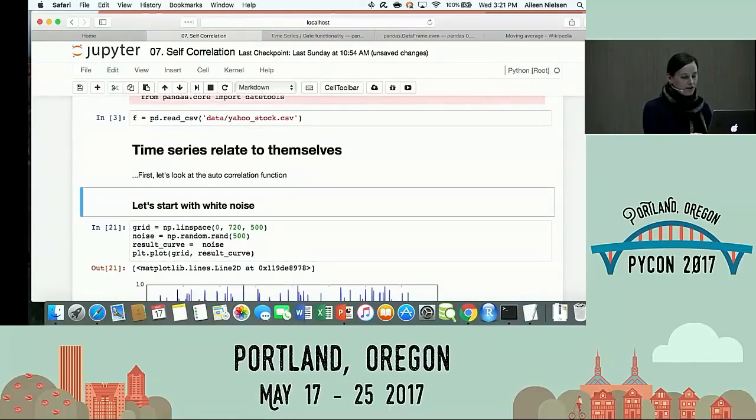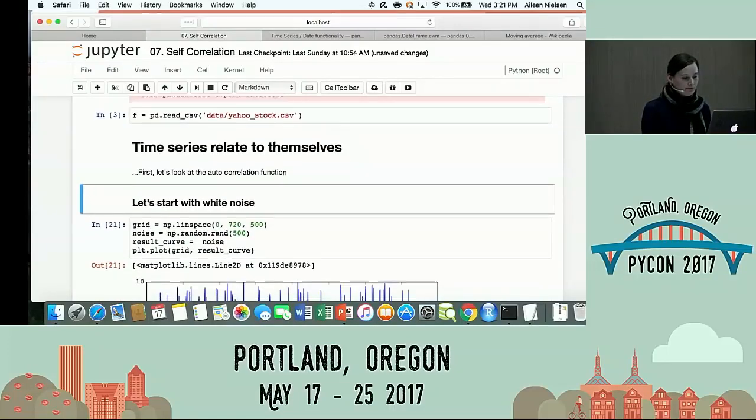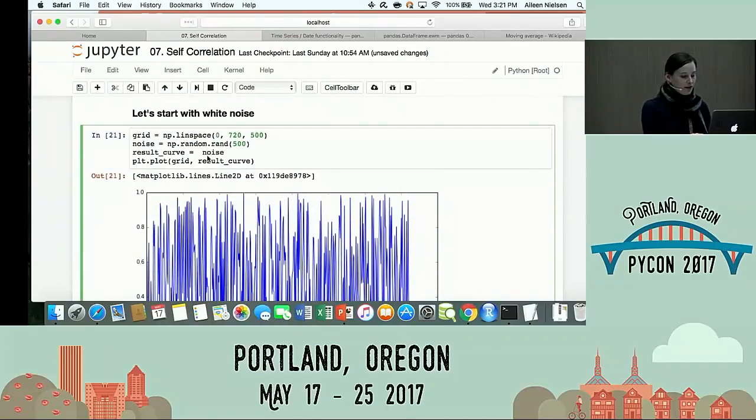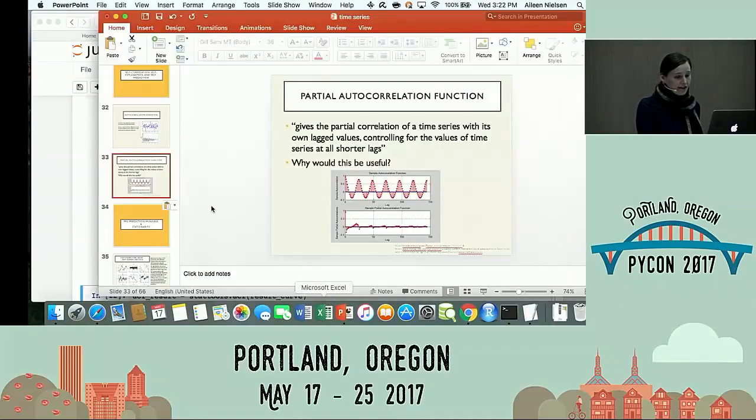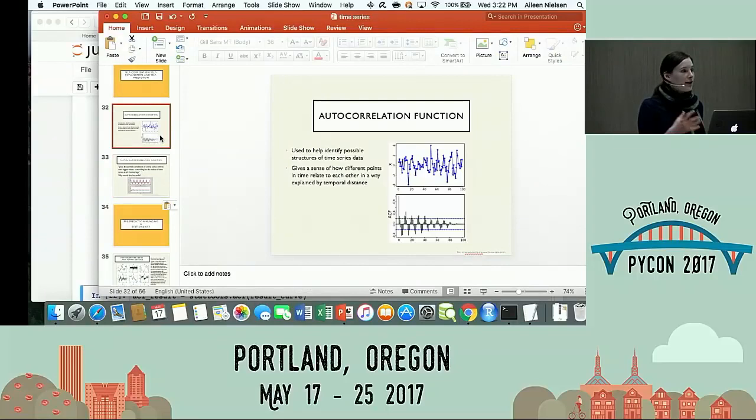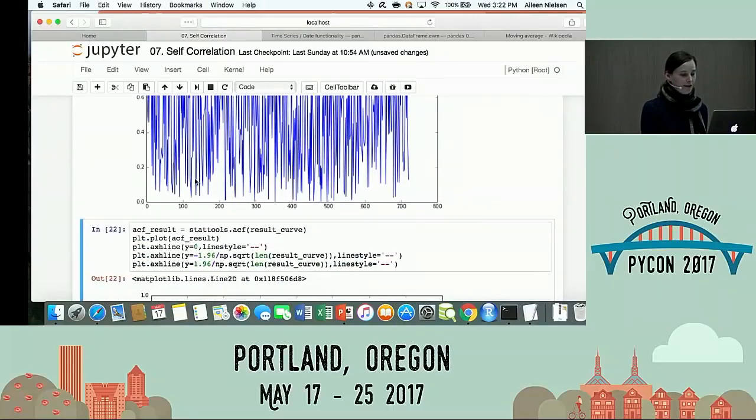So let's look at the autocorrelation first. We're going to start with some white noise, so just generate some random white noise. This looks pretty random. To my mind, this doesn't look any different from the one that we looked at in the slides here, right? So I always say try to keep an open mind. Just because something looks like white noise, it isn't necessarily. You really want to prove out to yourself whether it has structure or not.